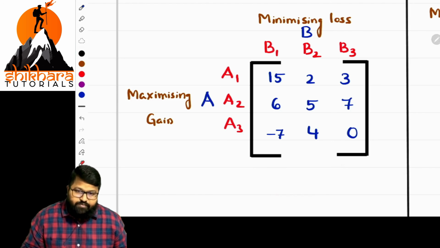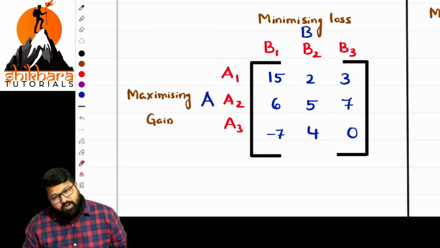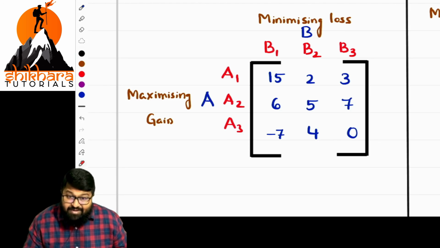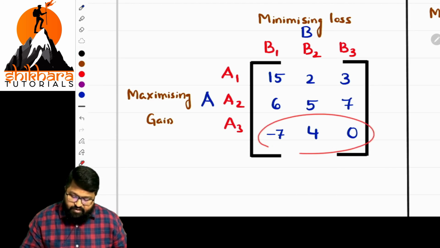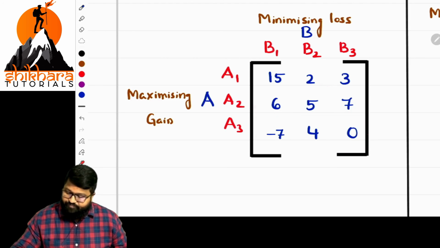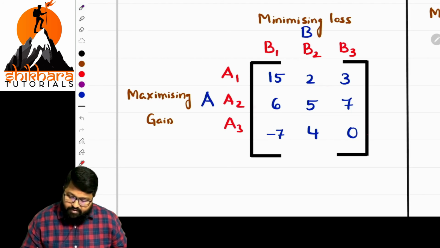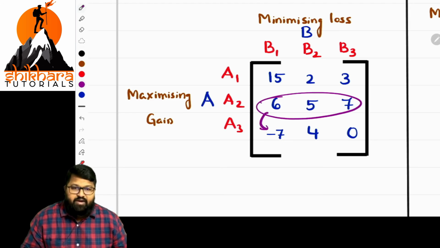Now how to eliminate, sir? Basically, the rule in the case of rows is: eliminate the row with the least values. So if you see this one, compare it with the others. Is it least or more? Okay, let us go with that. Sir, I'm comparing this with this. If I compare, is it least?